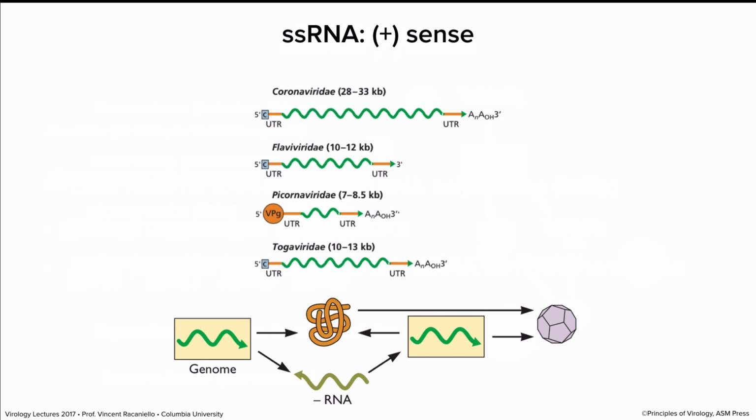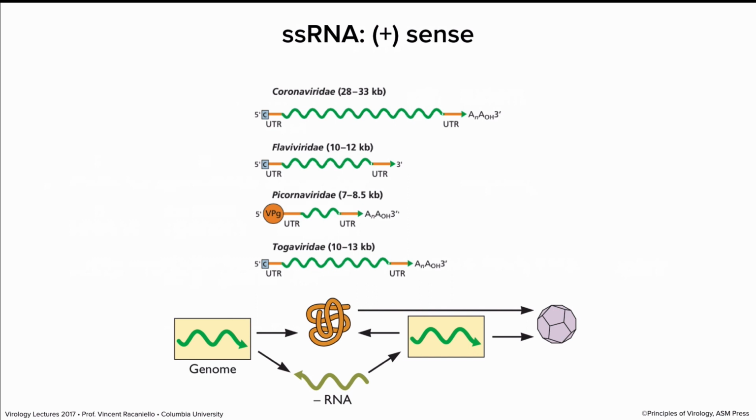You can see these viral genomes all have the green part. By the way, I color code all of the genomes in these slides. This kind of Kelly green is plus strand. This brown olive color is minus strand RNA. And the same thing for DNA, plus and minus are two different colors. So these are all plus-stranded. And then the yellow is 5' and 3' non-coding regions, which don't code for protein.